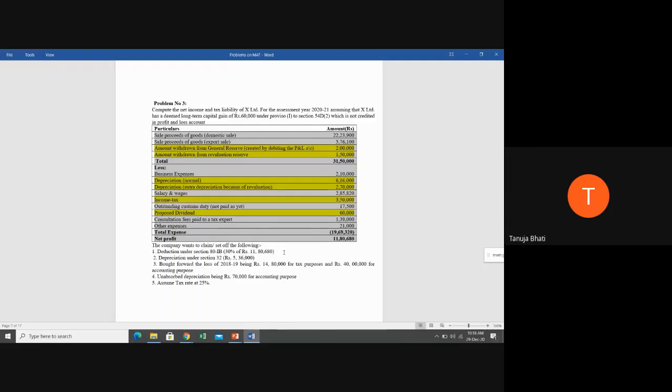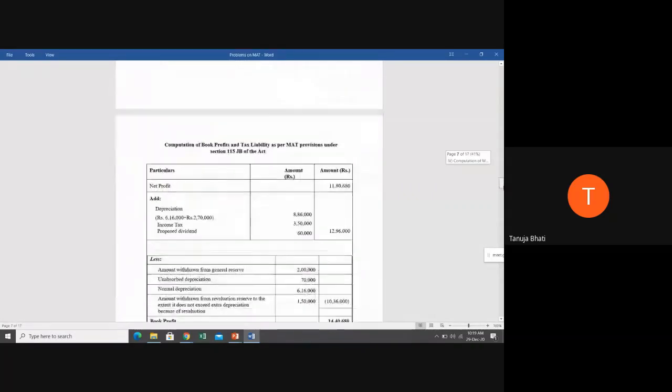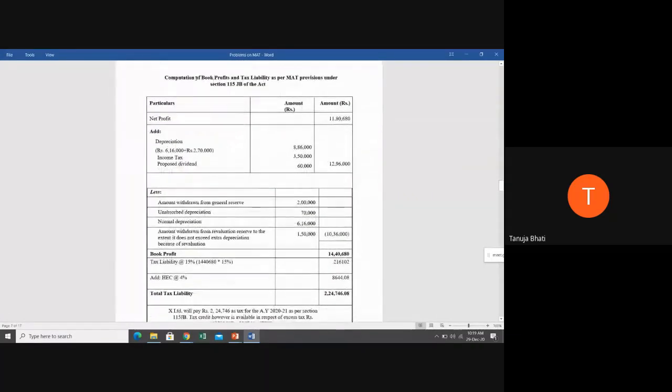Now, whatever we discussed, we are just going to put the items marked in yellow in the particular format in order to derive the book profit. So now let us see the solution. Computation of book profit and tax liability as per MAT provisions under section 115 JB of the Act. So first, we start always with the net profit. Net profit is nothing but